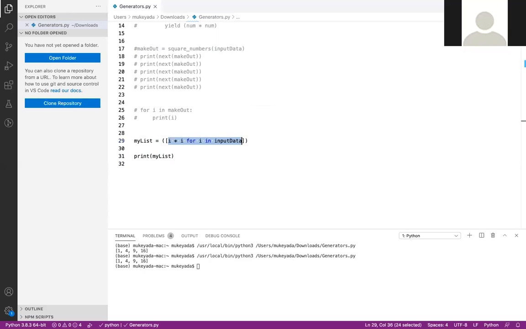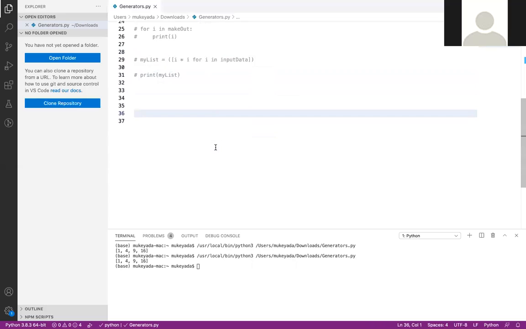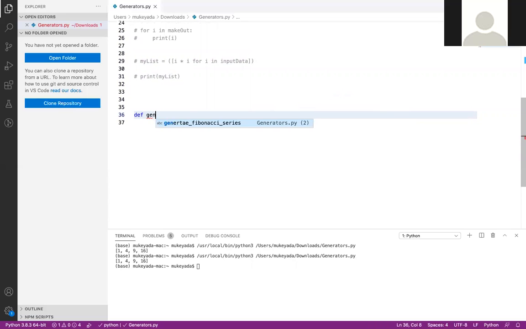Now let me give a next example for your better understanding. Let's generate a Fibonacci series. Let me write a method, def generate_fibonacci_series.